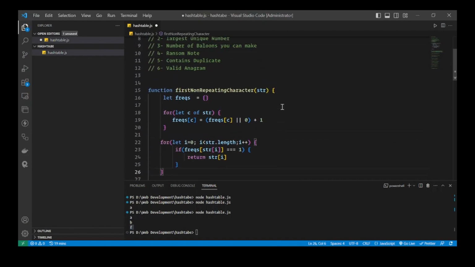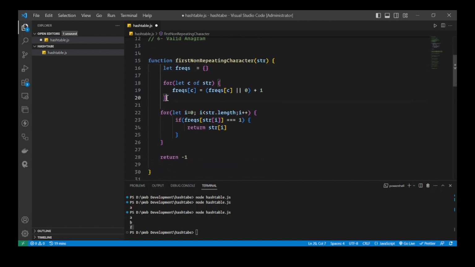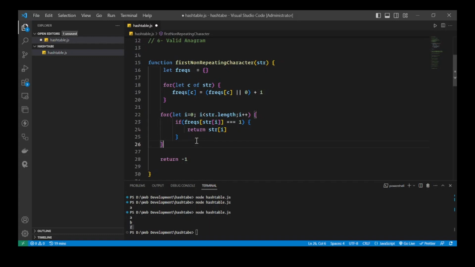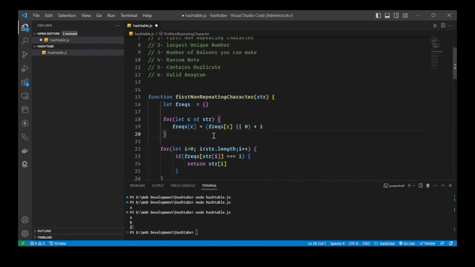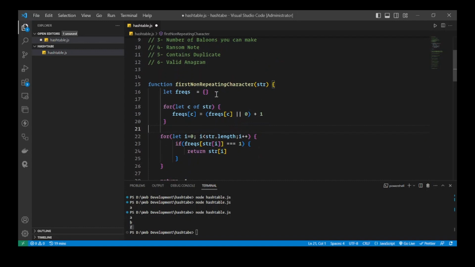The time complexity of this algorithm will be, because we are traversing through the string, big O of n, and this is also big O of n. So the time complexity of the algorithm is big O of n, and we are also maintaining a hash map, which is also big O of n, because we are storing each character in this freqs. So the time complexity and the space complexity is